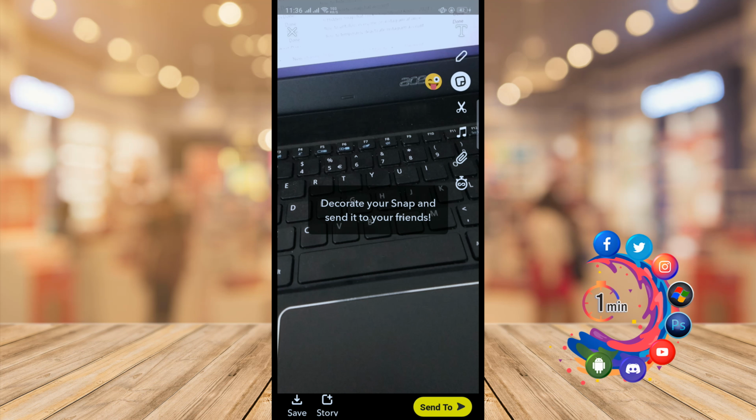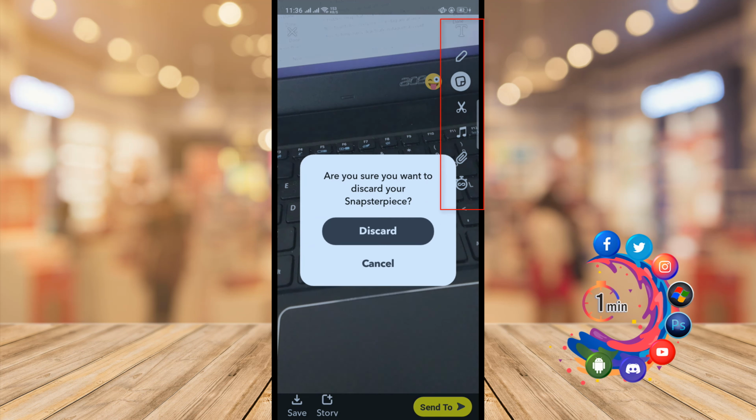You can write a text, you can draw, you can edit your text. And if I cross this